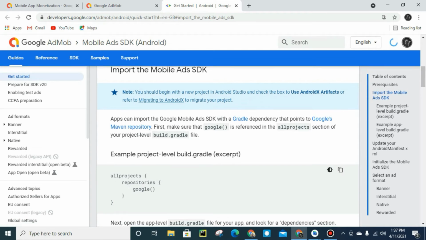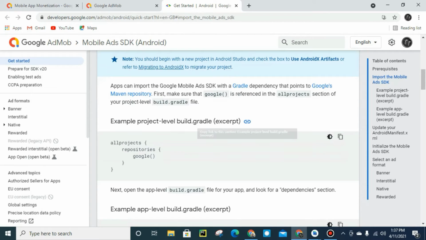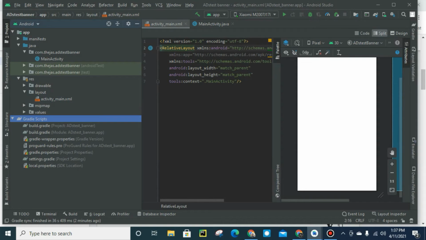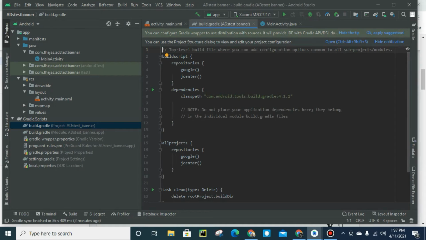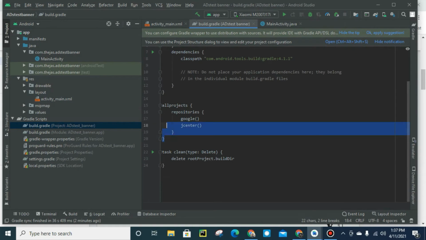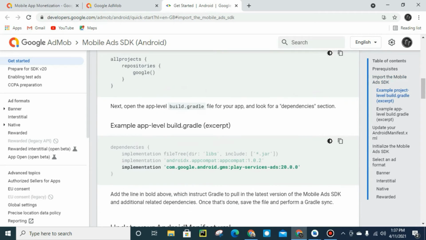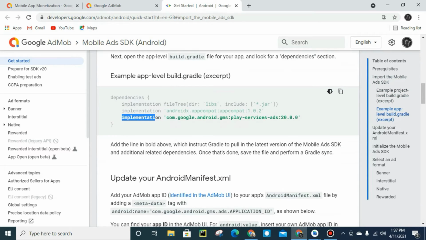So what you have to do is check whether your build.gradle file has got this or not. So we will go to Android Studio and go to build.gradle. Here Gradle scripts are there, click on that. After that choose build.gradle. So here you can see all the code is already present, so we need not copy paste it again. So again go to Chrome. After that we have to paste this code in our build.gradle file.